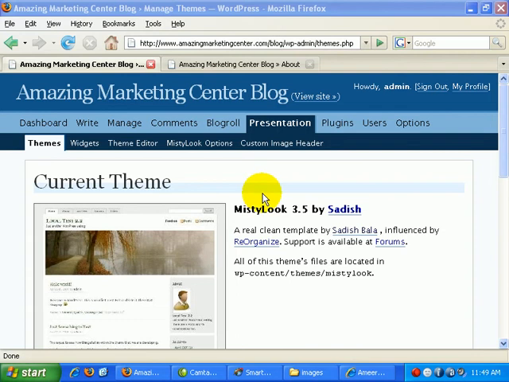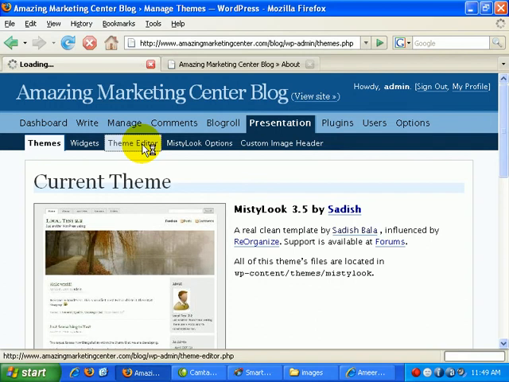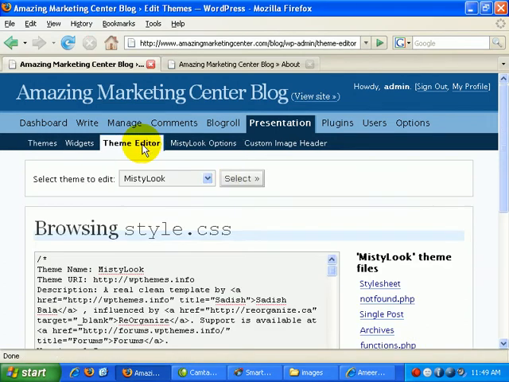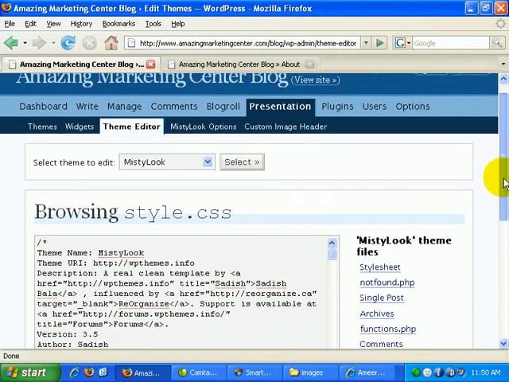In this video, I will walk you through the theme editor. You can see here, if you are in the presentation tab over here, click on this theme editor. Now this is basically the direct source code of the WordPress theme. You can see on the right hand side over here,